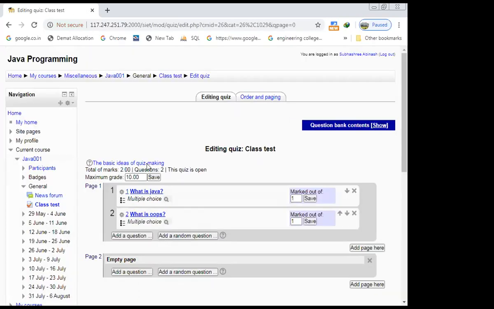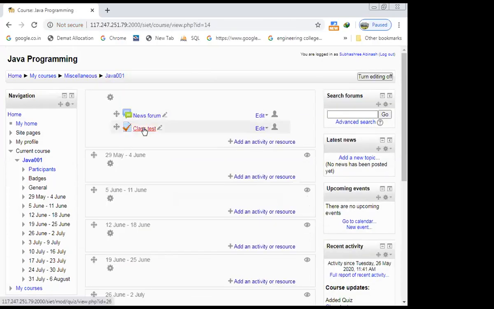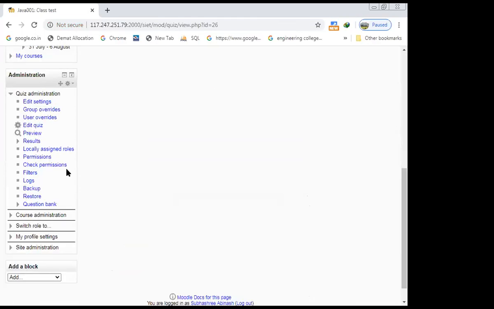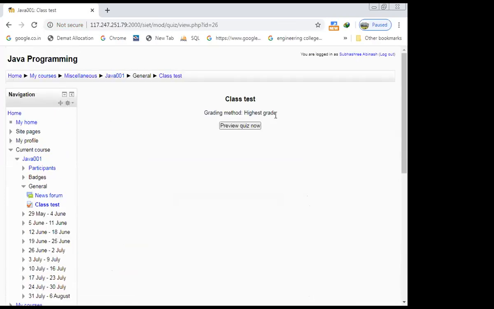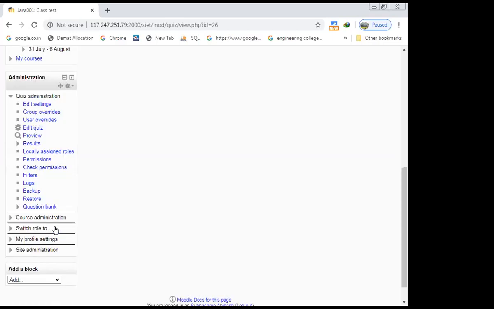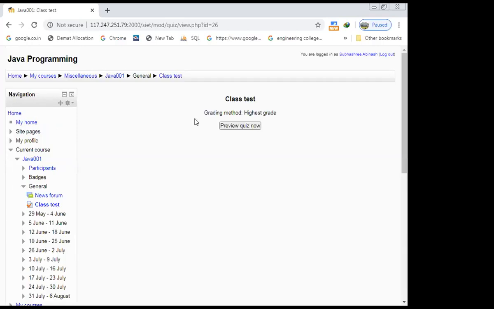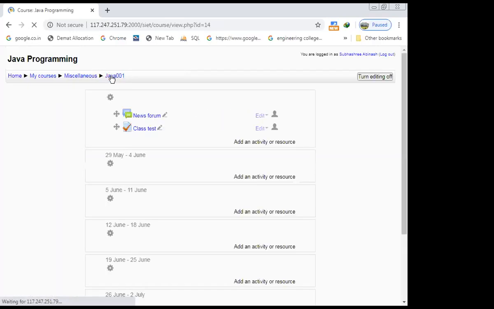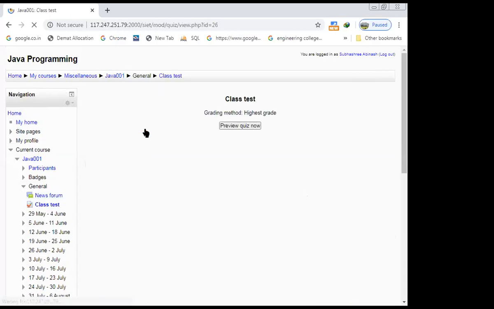Now the class test is created. Now we have to go for the users. Class test, again. Yes, you can give grading, grade class test 2.